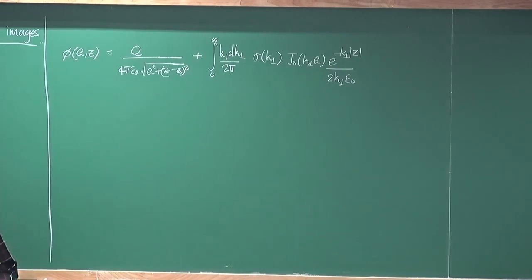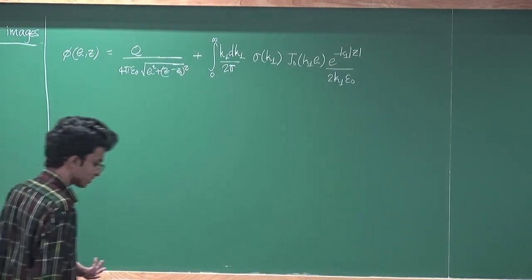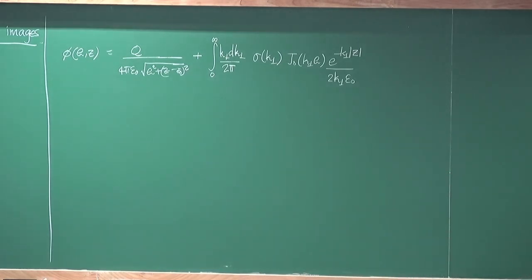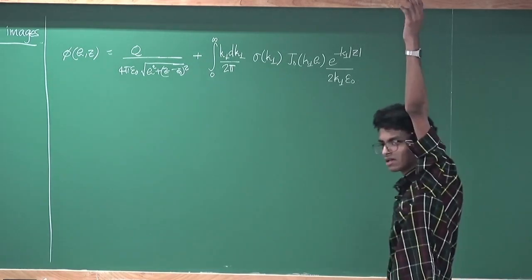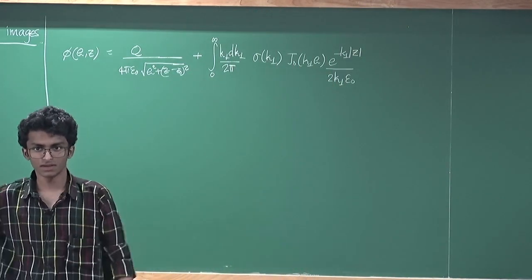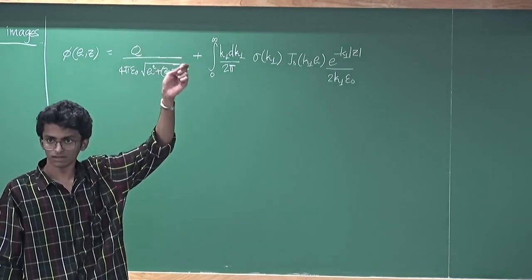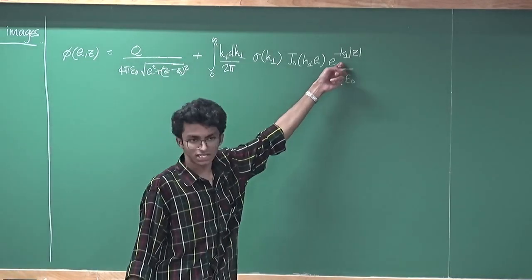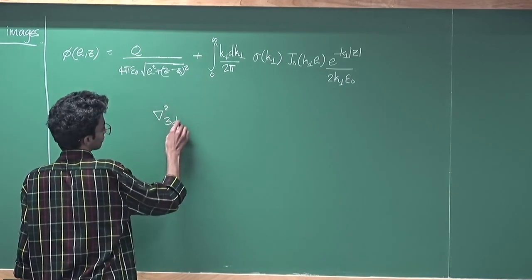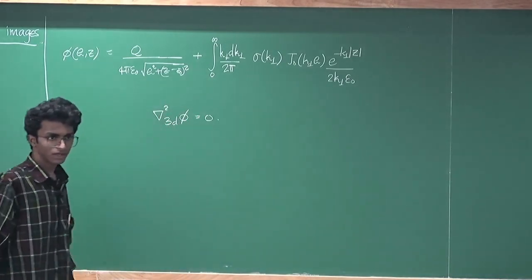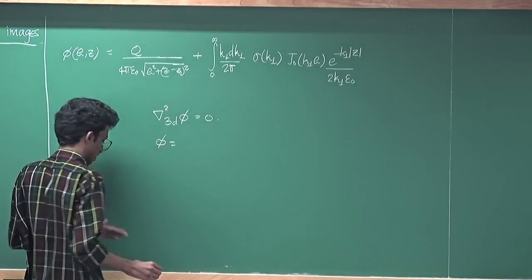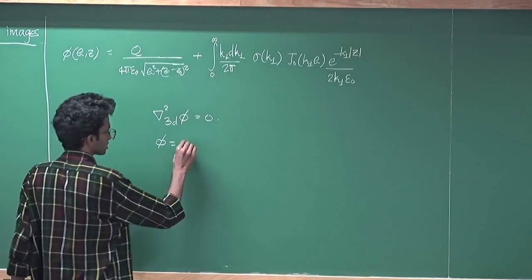It's the homogeneous solution. If you want to solve a Laplace equation with the boundary condition that as you go higher and higher in z, infinitely far away from the point charge and the plane, the solution should go to 0 on both sides of the plane, the only way to make sure of that is to put an exponential damping. So you're basically solving a 3D Laplace equation, but it goes to 0 as z goes to infinity. Let's just solve it above the plane. Then you just write down a solution like